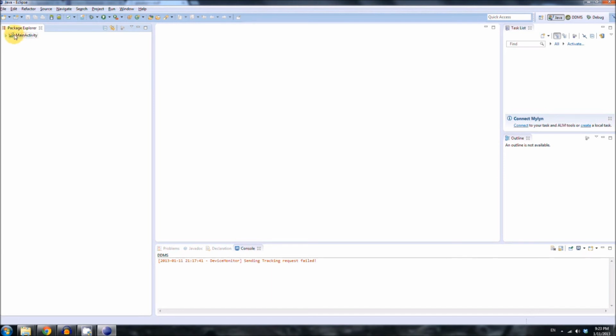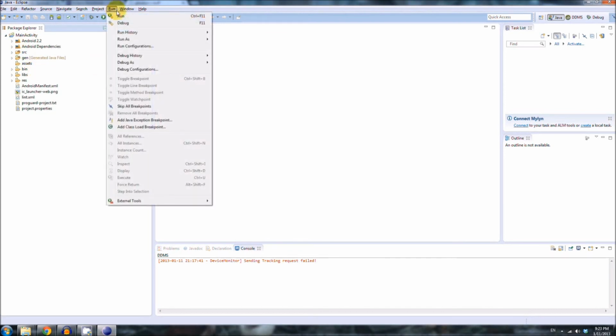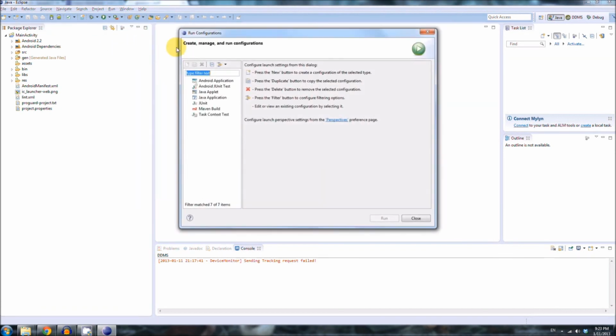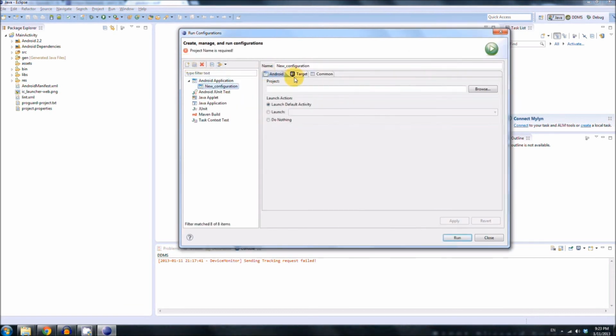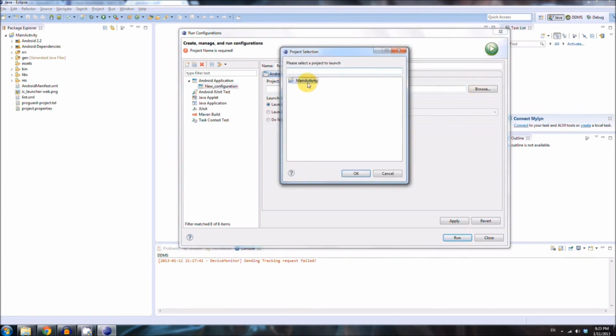Okay, so the thing is in here, before you can run it, you need a run configuration. So click run, go to run configurations, select Android application, click the new launch configuration button, and then call it whatever you want. Run config alpha. Okay, project, browse, main activity,